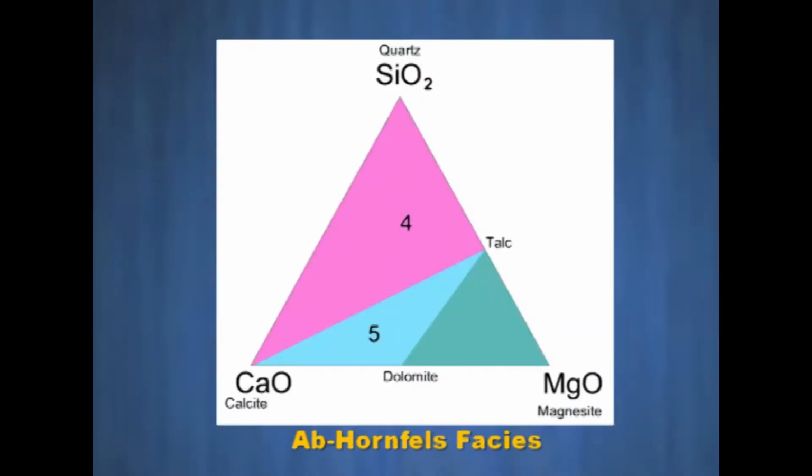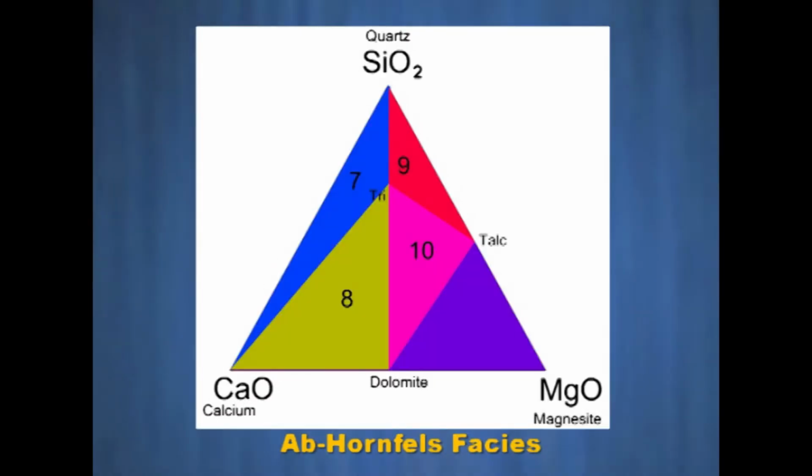Figure 3, the CaO, MgO and SiO2 diagram, mainly for the calcareous assemblages, where we can see the different phase assemblages